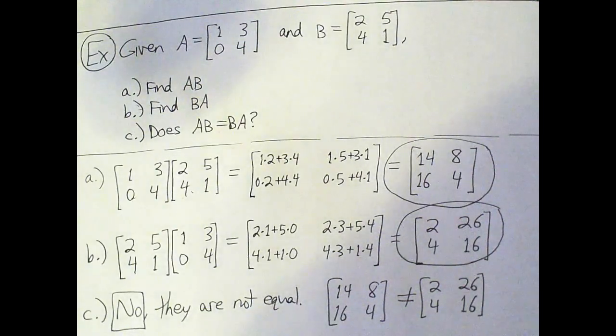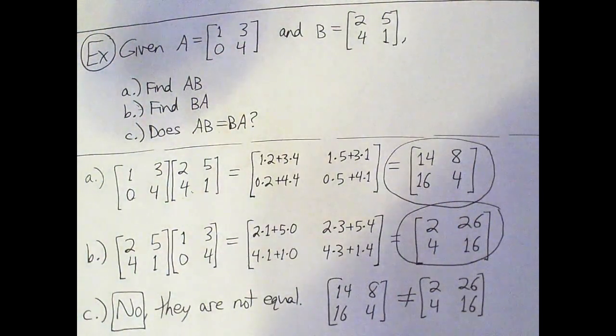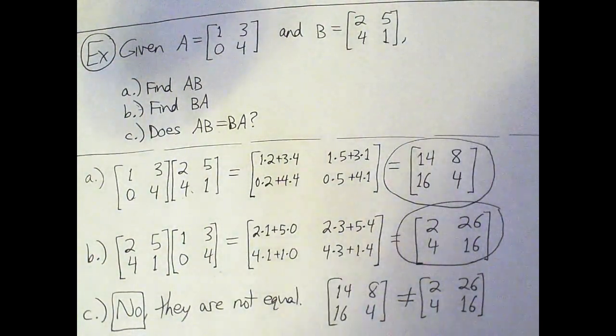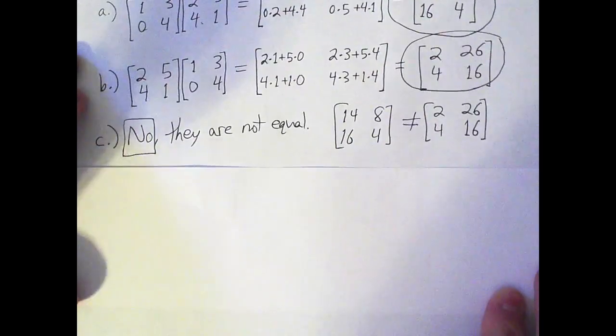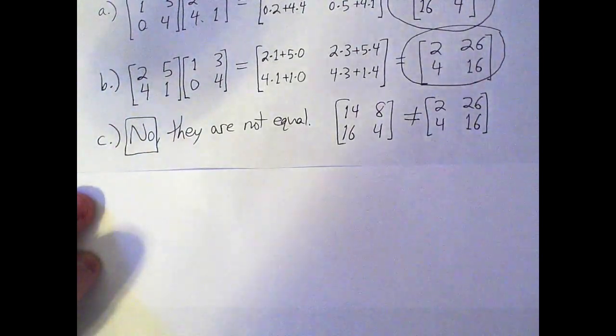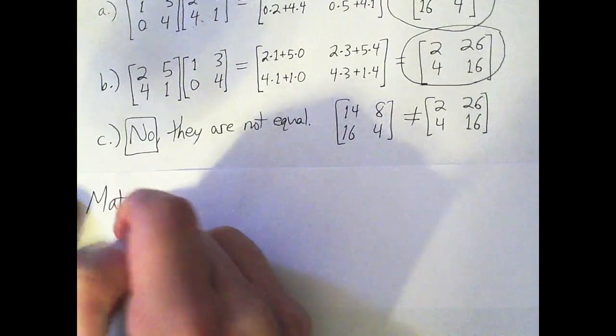Let's see. I think we've got one more thing to discuss for this section. So far, we've learned how to add matrices, how to subtract matrices, and what it means for them to be equal. And then we spent a while talking about how to multiply two matrices because that seems a little bit tougher. Not so bad, though. I want to talk about matrix multiplication